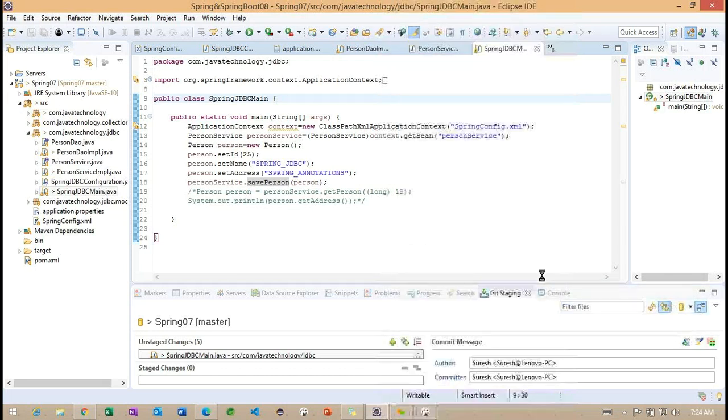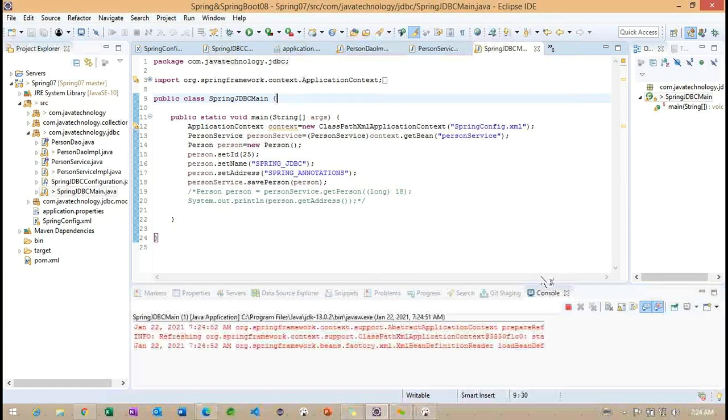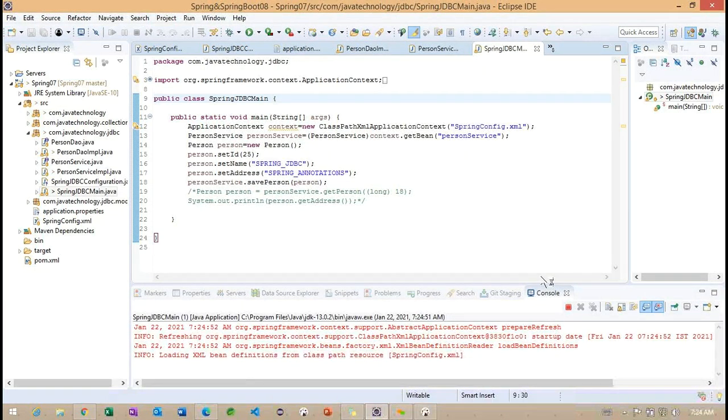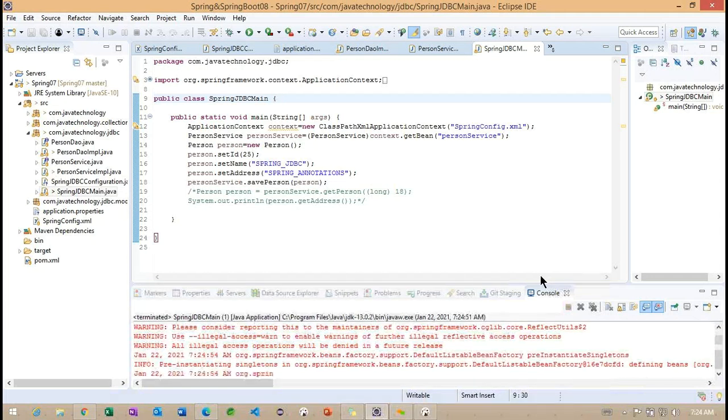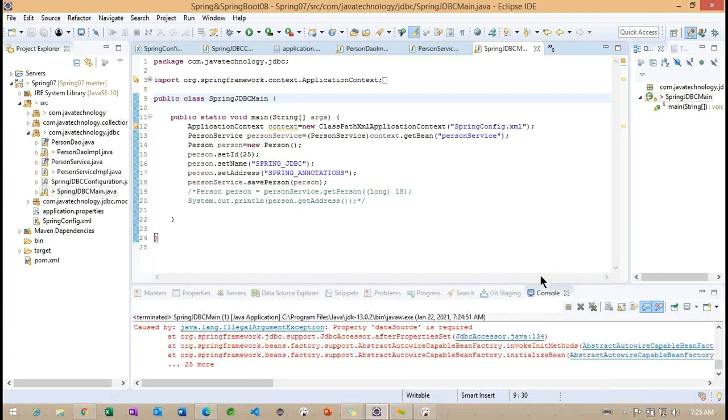Actually, Suresh, you just wrote repository, right? If you write component in the DAO implementation class, will the application throw any error? Observe carefully: repository is also a component.